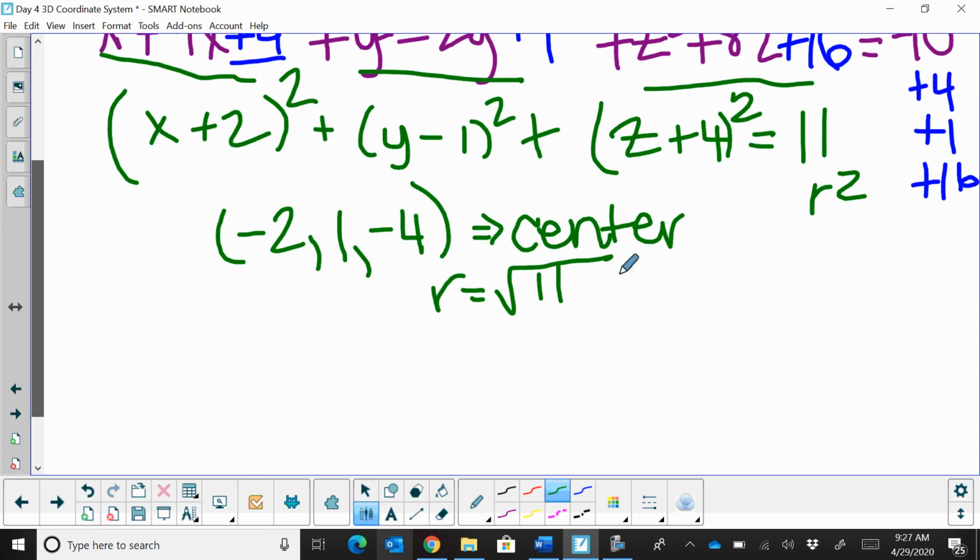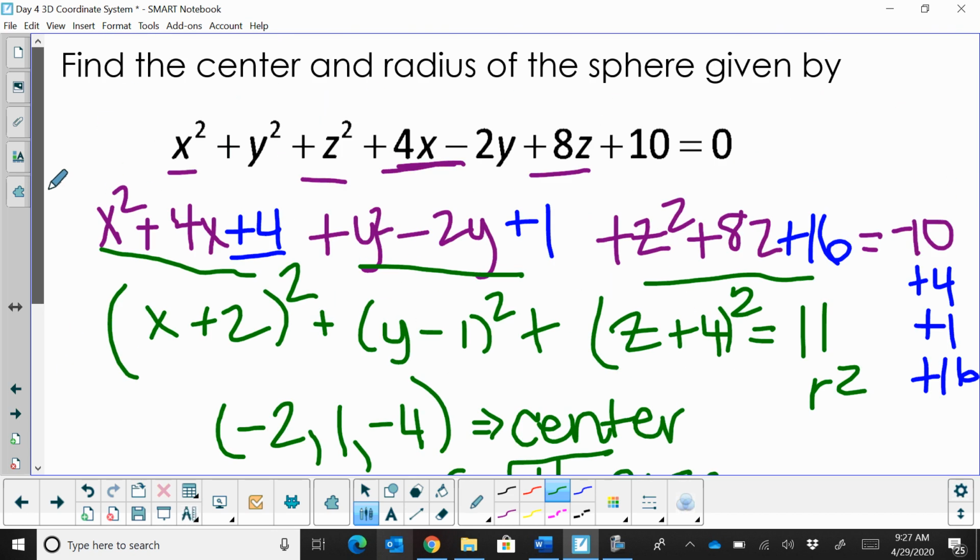So now I can graph that if I want to in space, where you'd have to estimate the square root of 11, which is a little bit bigger than 3, smaller than 4, so maybe like a 3.3-ish is what you'd have to graph that to be. So there you go, and that's how you find the center and the radius of a sphere given a sphere